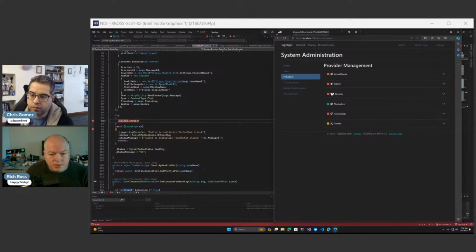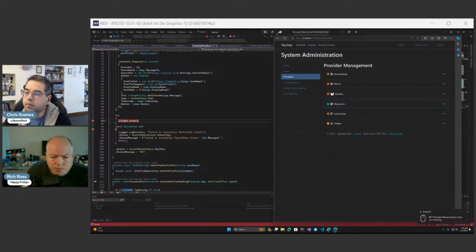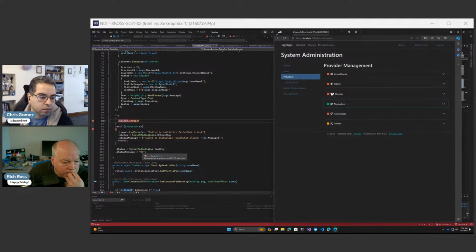Well, that's interesting. It was green. We didn't get an exception. We walked right through that. So it would have gotten all the way down, and I just breezed through it, but it would have gotten all the way down here to a status message of okay. So why would it be failing? Let's